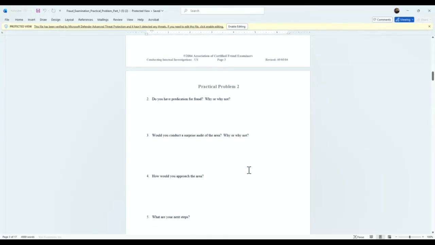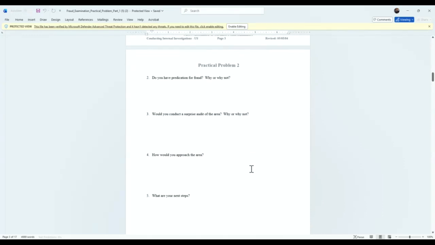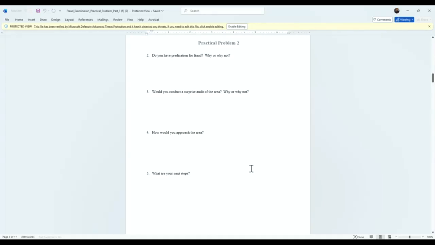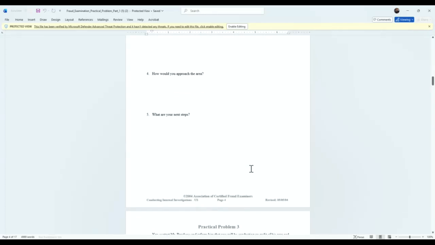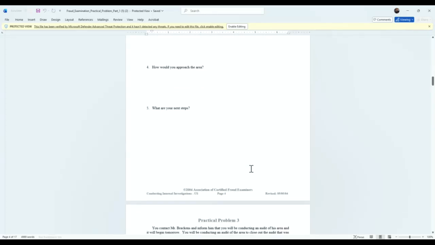Therefore, next paragraph. Therefore, I don't believe we should conduct a surprise audit, which would have a good chance of having people that we need their cooperation not cooperating with us. Instead, next paragraph. Instead, I say we, and next paragraph. So what we'll do is do what we said in the last paragraph, and then go in